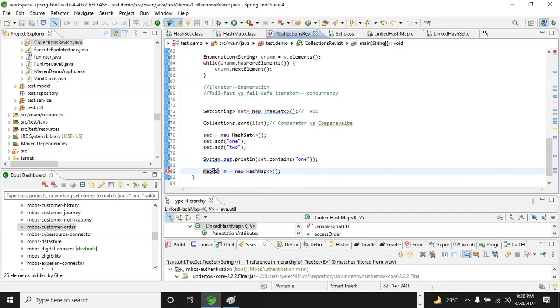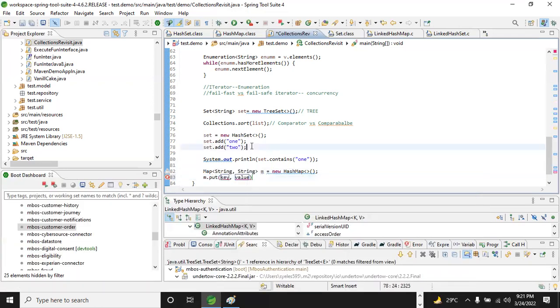We will explicitly give the key and value, like string and integer, so you will not be able to create your map without giving the key and value. You have to use m dot put, and it will accept this.